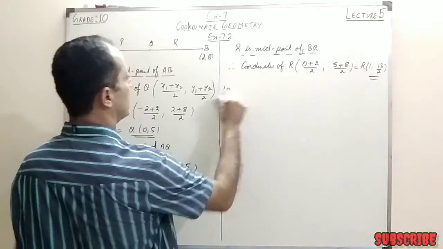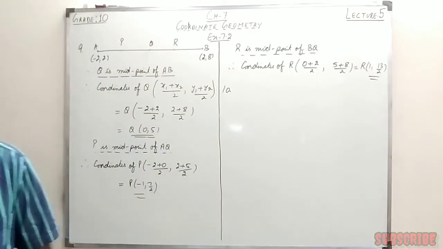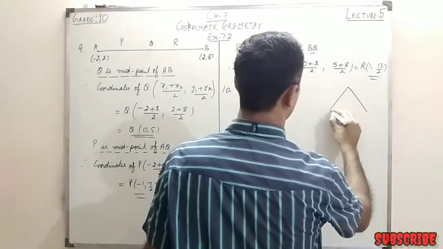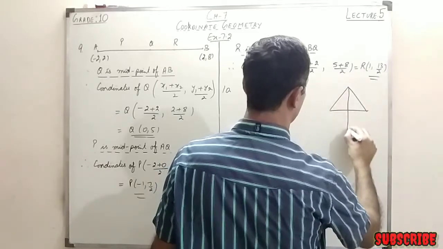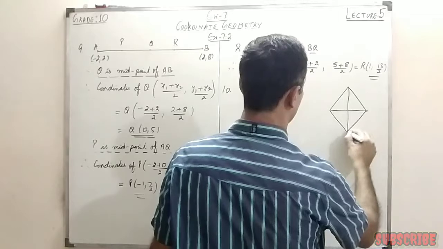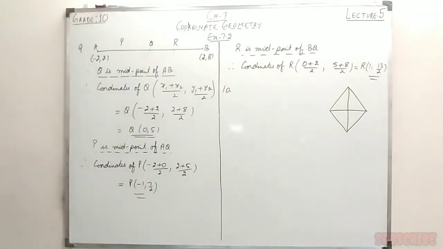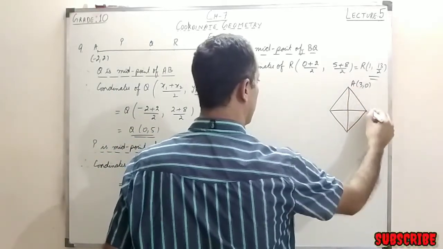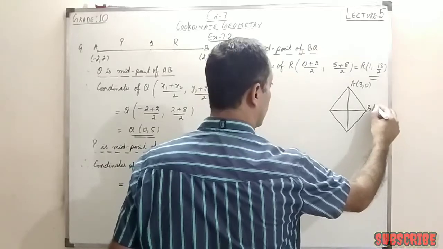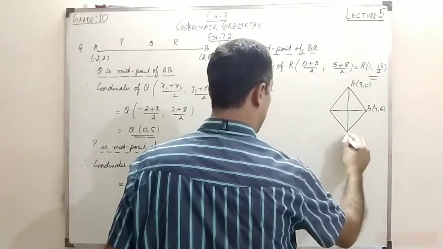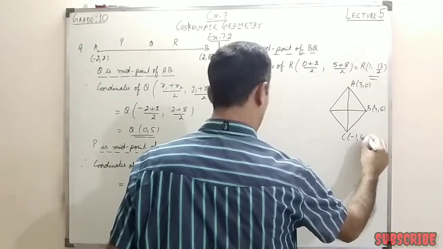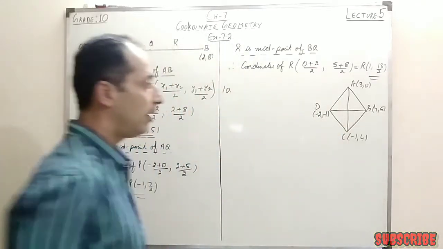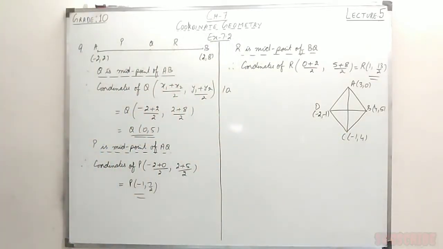Now we have the last question of this exercise. In the last question, the 4 vertices of a rhombus are given to us. Now this is the rhombus given to us and the coordinates are A 3, 0. I have B as 4, 5, C as minus 1, 4, and D as minus 2, minus 1. And what they have asked from us, we have to find the area of the rhombus.